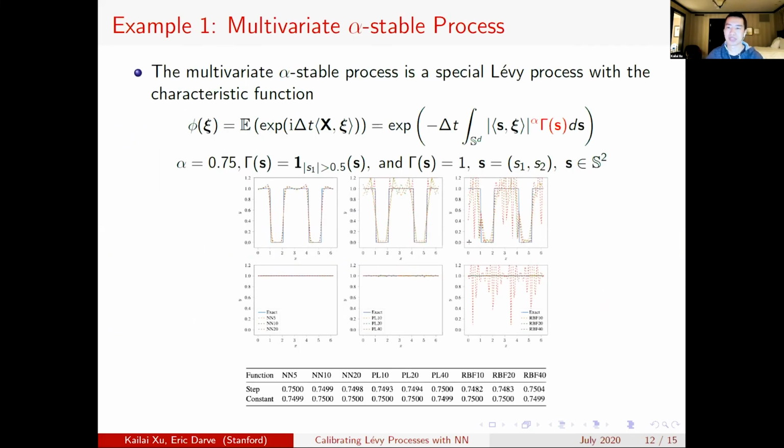So finally, I will present the applications. The first application is the alpha stable process, which is a special kind of Lévy process. We want to estimate the jump parameter, and we have two cases. The first case is where we have continuous functions, and you can see that for neural networks, it fitted very well. But for radial basis functions, as expected, it cannot deal with this discontinuity very well. Even for a smooth function, we see some difficulty for radial basis functions.